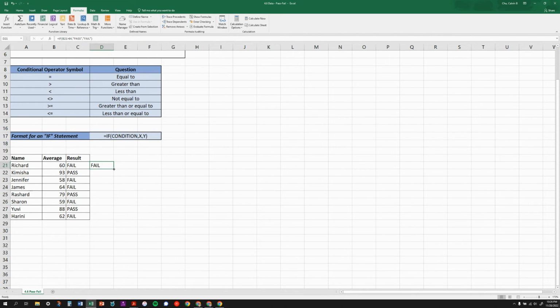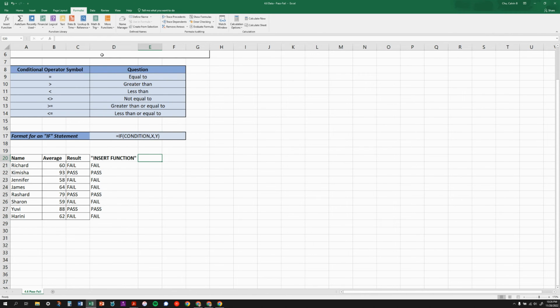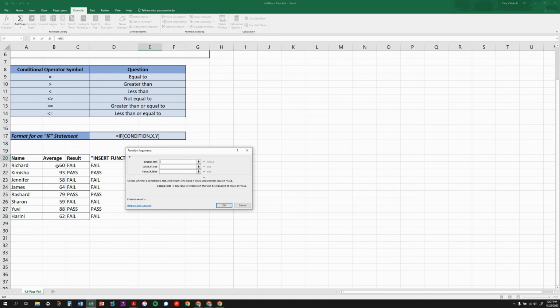And again, we can just copy this down, and it's the exact same thing. We just access this function in a different way. This is using the insert function option. And the other one is if we just went to the formulas tab and chose the logical category, and we just click on if, and same thing. We're clicking that above 64. And what happens? This is pass,